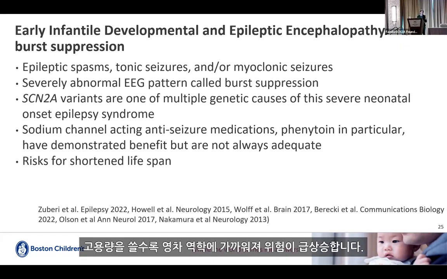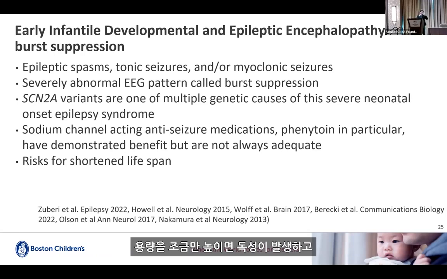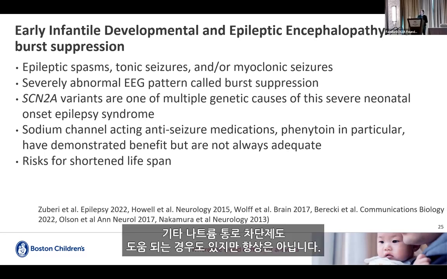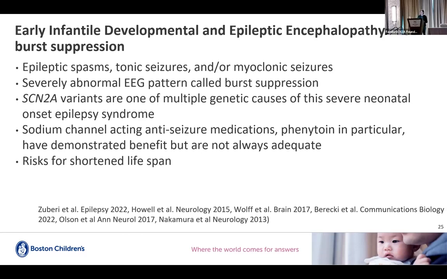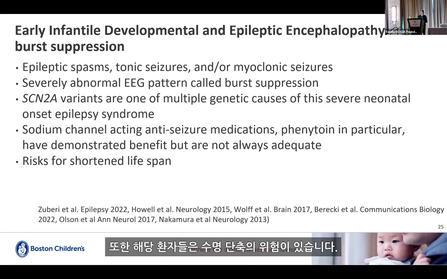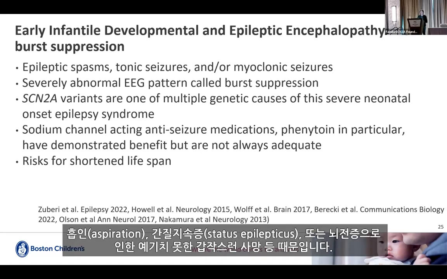it has this funny chemistry that when you get to those high doses, you near zero order metabolism, and then you can skyrocket. So you're at this very teetering balance between, I go a little higher and I get toxic, and I go a little lower and the kiddo goes into big seizures and status epilepticus. So it's a challenging balance to reach. And sometimes the other sodium channel blockers can be helpful, but not always. There are some risks for shortened lifespan, such as aspiration or status epilepticus or sudden unexpected death in epilepsy as